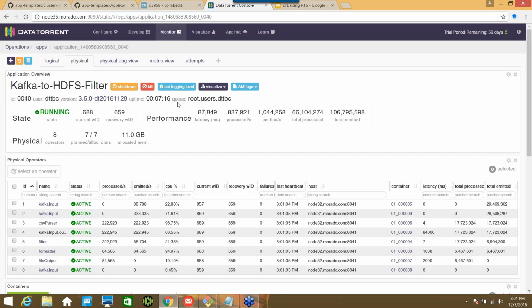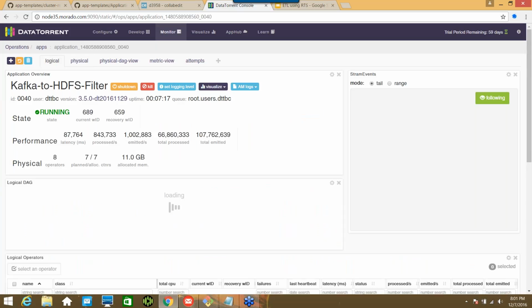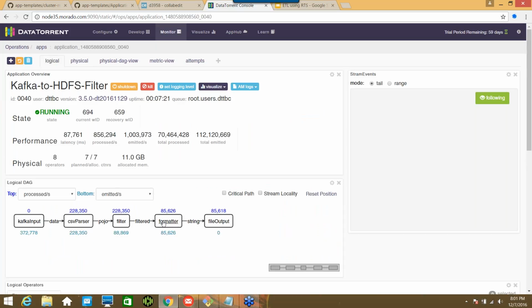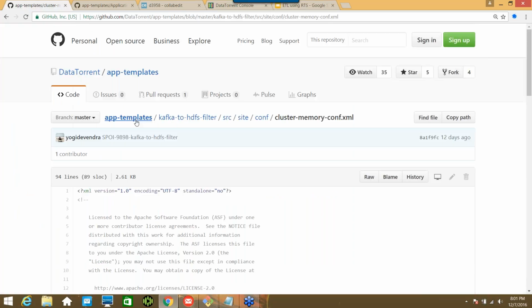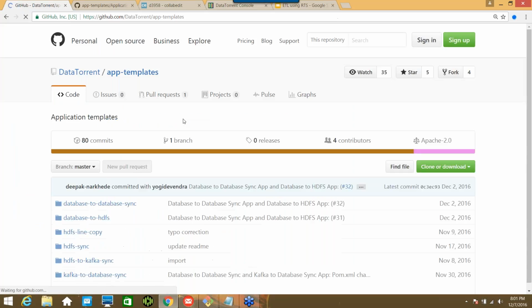Now, if you have observed, we don't have a transform operator over here. I have talked about having transform also, right? We purposefully skipped it because now I'm going to show you how to use this app template and add your transform operator very easily. So if you go to this repository and look out for the code,